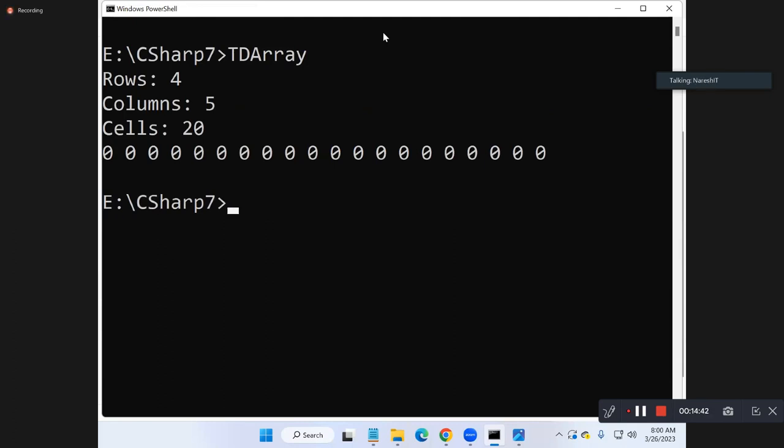Watch. Number of rows 4. Number of columns 5. Number of cells 20. Next I printed here all 20 values. Count it. 20 zeros totally. Clearer or not? Okay. So the easiest way to access values is the foreach loop. But guys, remember,